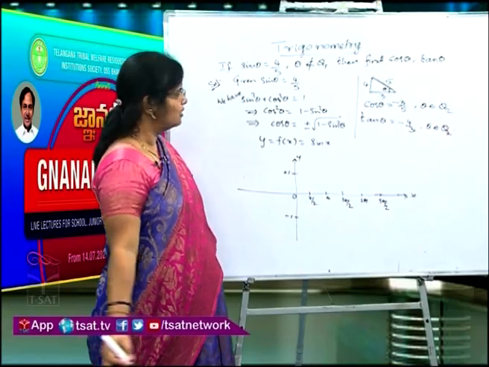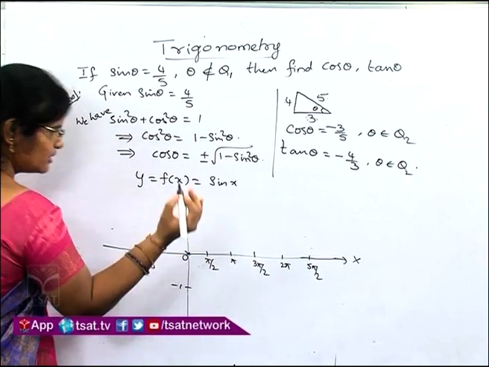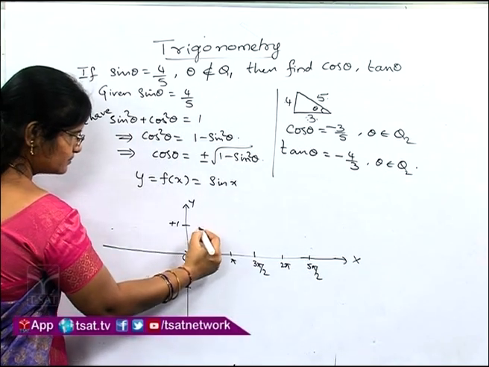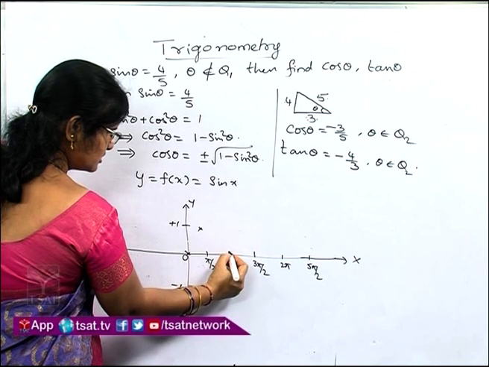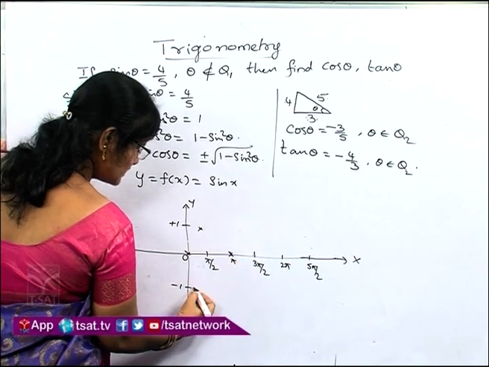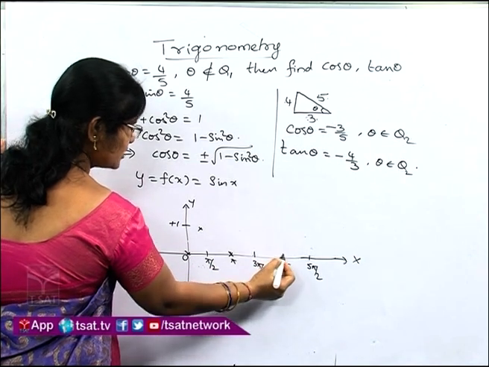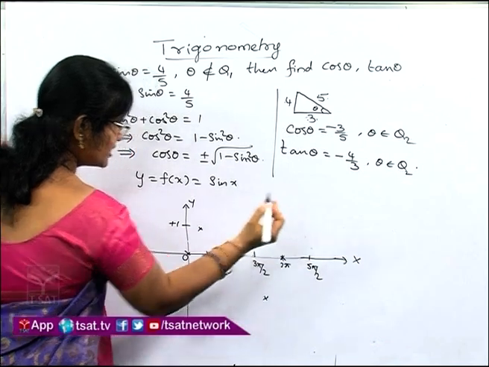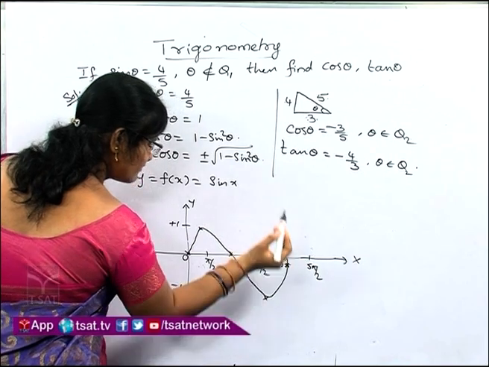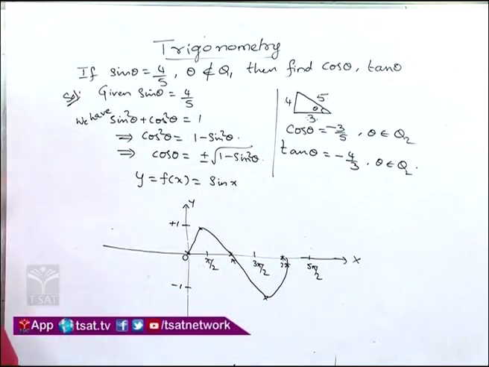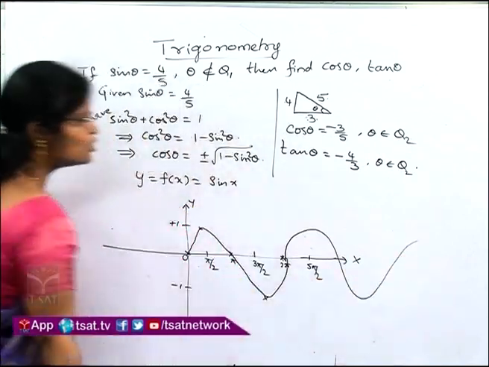Okay children. Now, tell me what is sin 0. Sin 0 is 0. Next, sin 90 is 1. So, I am marking the points with cross marks. Sin 180 is 0. Sin 270 is -1, children. Sin 2 pi value is again 0. If you join these points, we are going to get the graph like this. So, this is the graph for sin x and it will keep repeating like this.